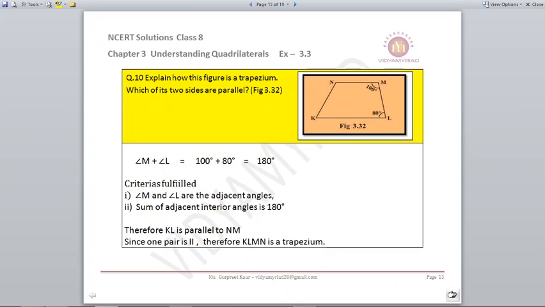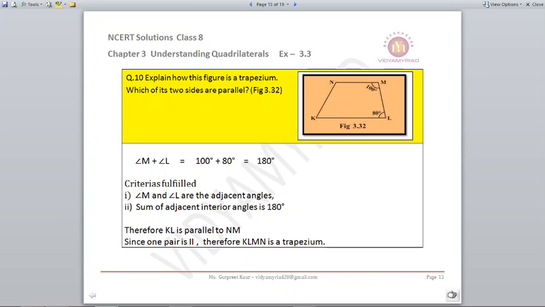Explain how this figure is a trapezium, which of its two sides are parallel. Now here if you see, you are given two measurements 100 and 80. If you see, the sum of the measurements comes out to be 180 degrees. This is possible only in the case of a parallelogram or when the lines are parallel and you have a transversal. M and L, they are two adjacent angles and the sum of the angles is coming out to be 180 degrees. It means KL is parallel to NM and this is one pair,